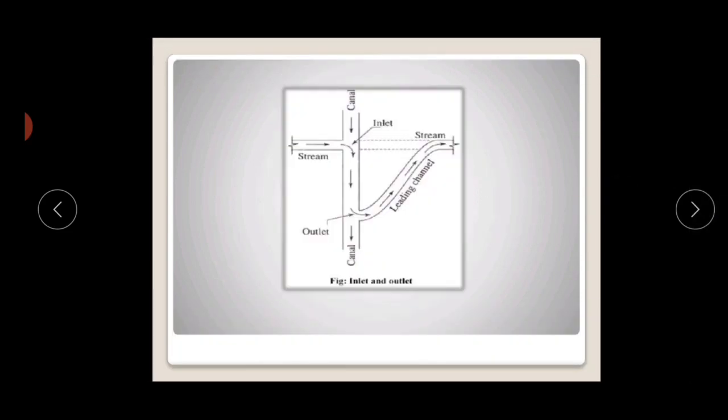Here you can see this is an inlet and this is a leading channel. This is a stream, and the outlet gives a direction, or you can say the water is being diverted from this way to another way where the leading channel is going. This is about outlet and then inlet. Okay, next we'll go for various types of aqueducts